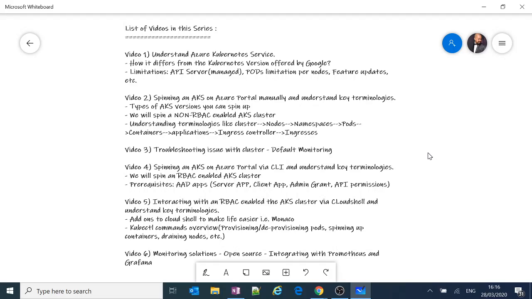So Kubernetes came a few years back, and it made a lot of impact because of the ease of deploying applications within seconds, spinning up applications, and even scaling applications is so easy.